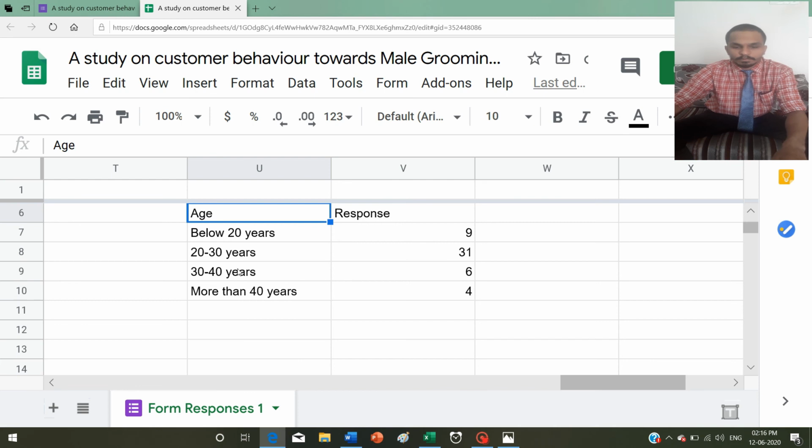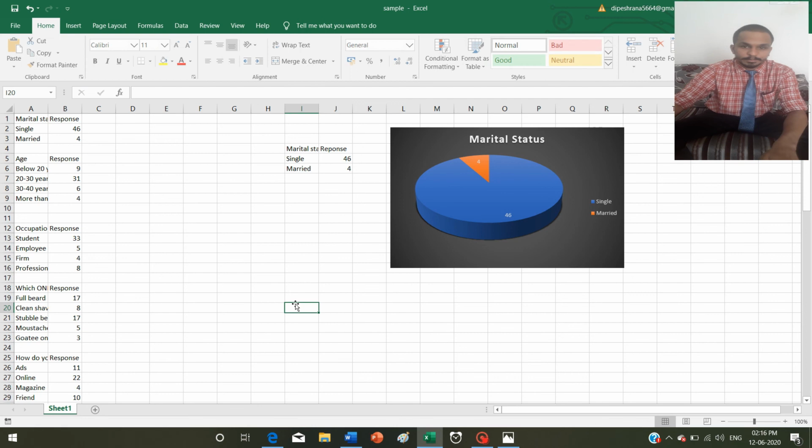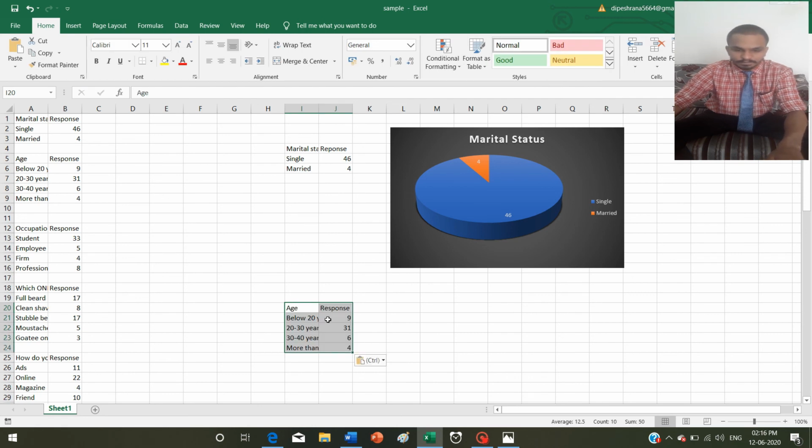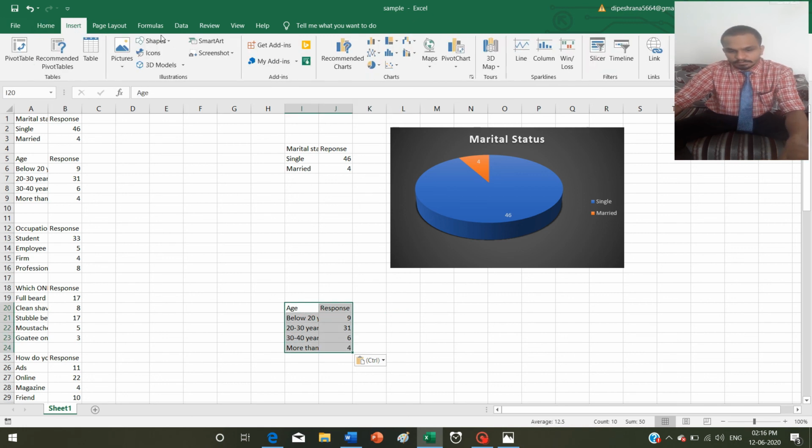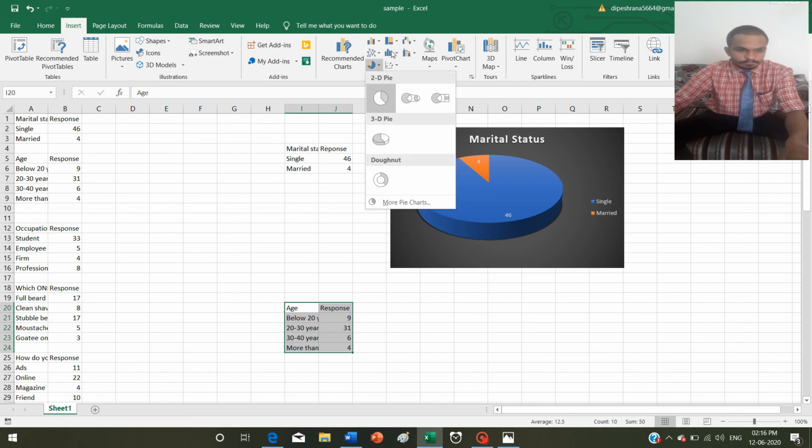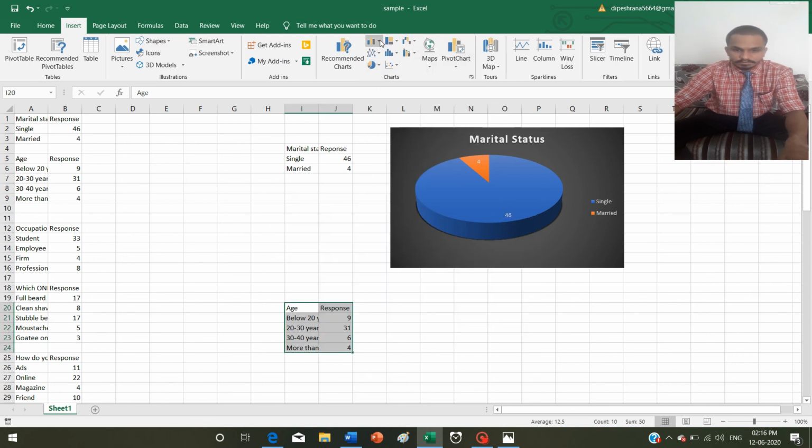Again, from the spreadsheet, if you want to create a graph from a table, select the table, just select and drag, Control C, copy. Then go to Excel, paste, then select the table, insert.